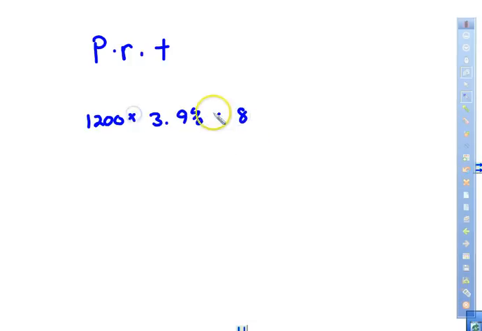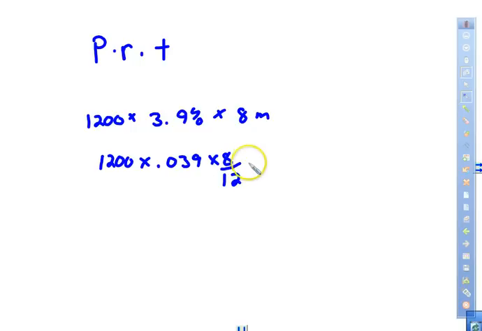You would multiply those together, converting this from 1,200 times 0.039 times the 8 months. Whoops, this was months, we cannot multiply by 8. We have to make that into a fraction. It's out of 12. Okay, so my fraction then needs to be divided by 4,